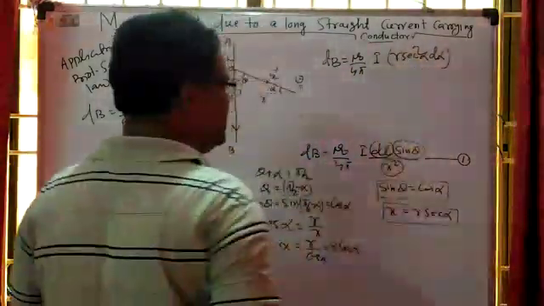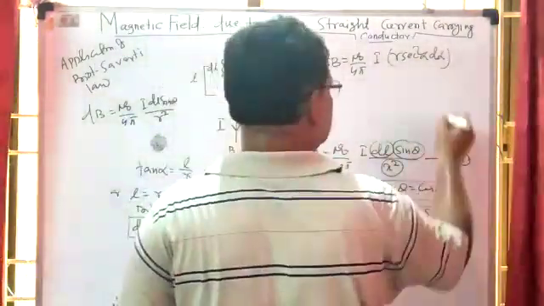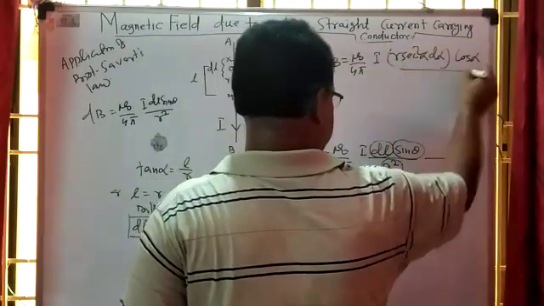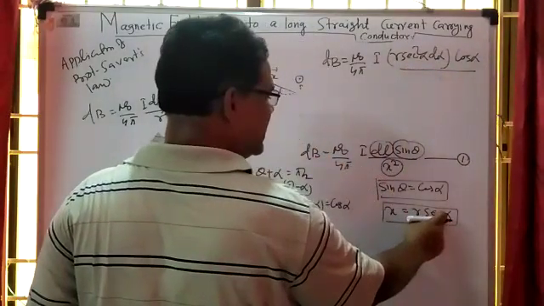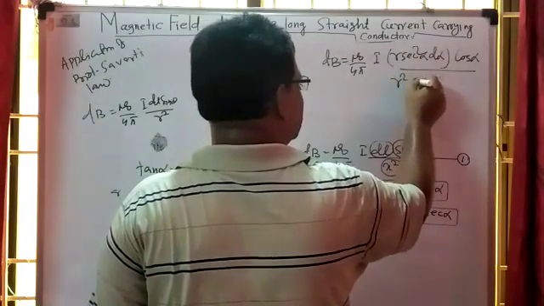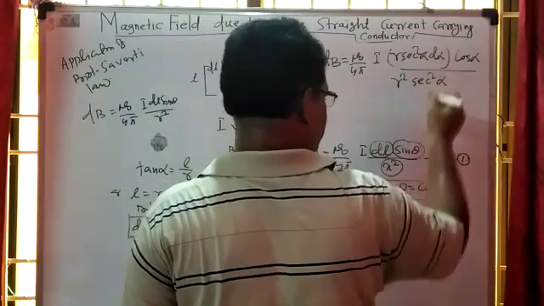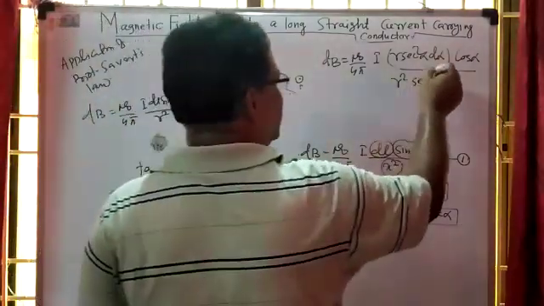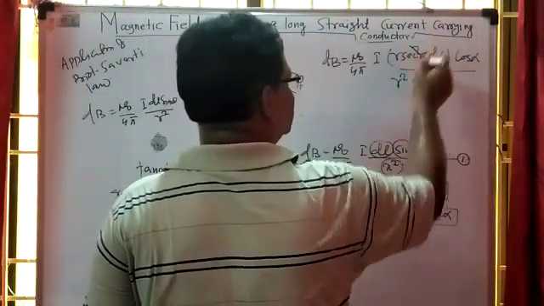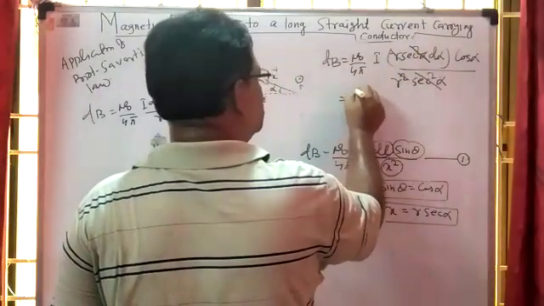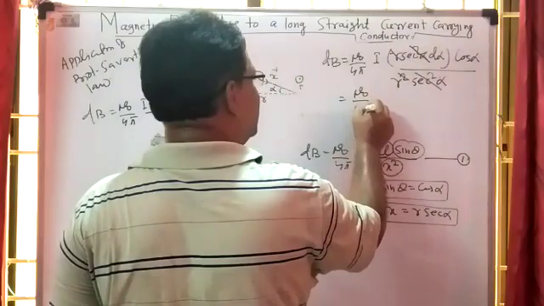Another, what is sin theta? Sin theta is equal to cos alpha. And what is x? x equals r sec alpha, so x square equals r square sec square alpha. You are getting all these terms in reduced form. What you are finding is that sec square alpha is cancelled, one r is cancelled, and this is reduced to mu naught upon 4 pi